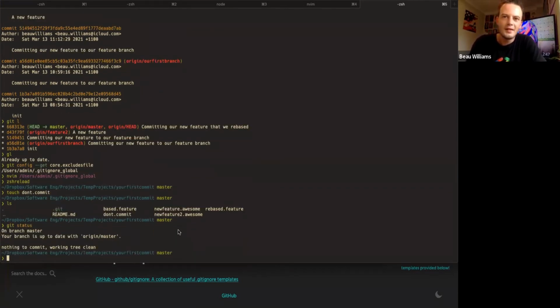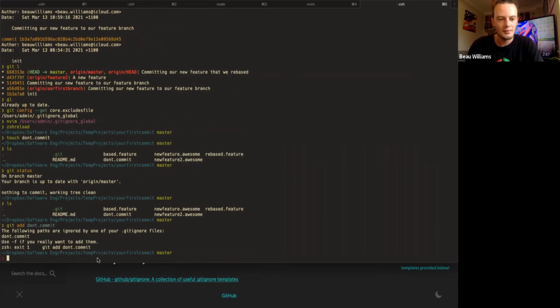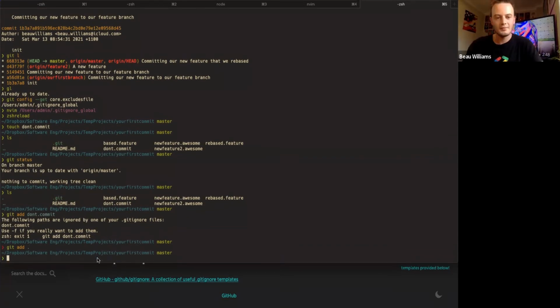All right, let's go to git status. Interesting. There's nothing there. But we did just create a file, right? So why is that? Well, the reason is that the .gitignore file is preventing the don't.commit file from being committed. There you go, perfect. So you can't even actually add it. If you go to do git add with the dot here, it's a single staging error. So we do that, and again, it does nothing.